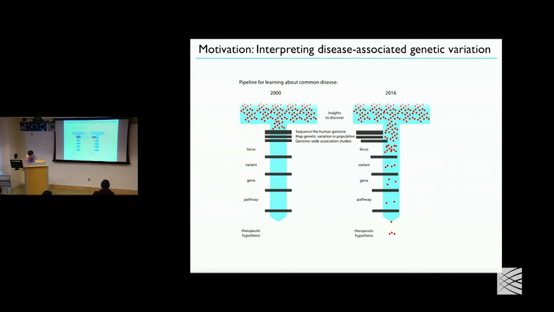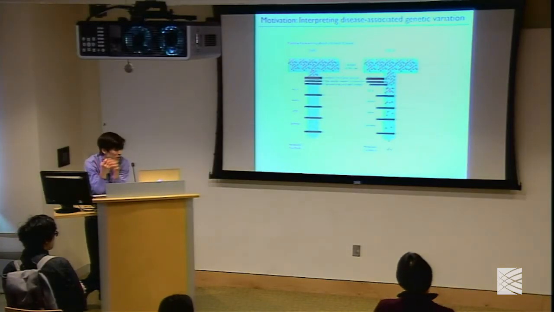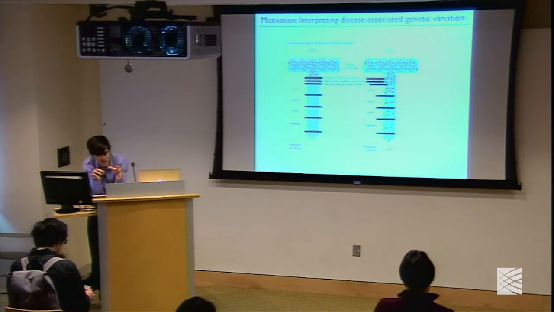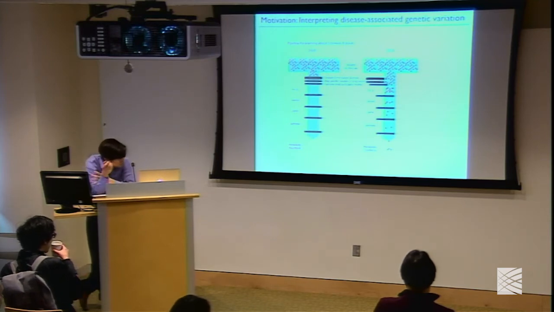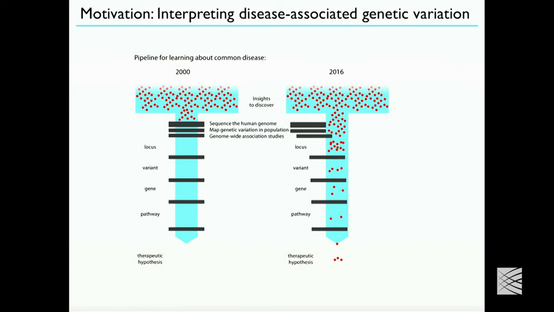So this is the concept behind HapMap, to identify the haplotype structure among different individuals in the population, and ultimately to do genome-wide association studies where you compare the set of variants in thousands of people with disease with thousands of healthy people to identify regions in the genome that are associated and actually contain some causal genetic influence on disease risk. So it turns out that at this point in time, we have thousands of such insights that have made it to this stage, where we know the locus in the genome that harbors some genetic variant that influences disease risk.